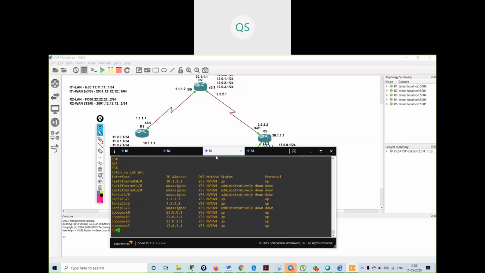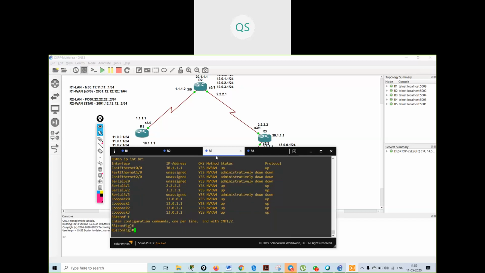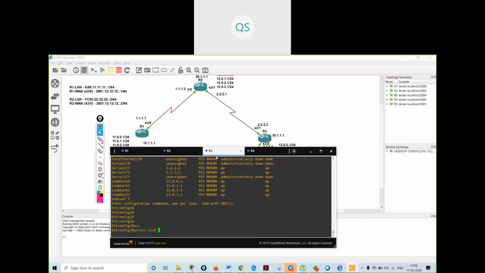So I will give a distribute list. I will create an access list on R3. What I have to deny, sorry, I have to give the number, access list number 1. I will say deny 13 dot network.